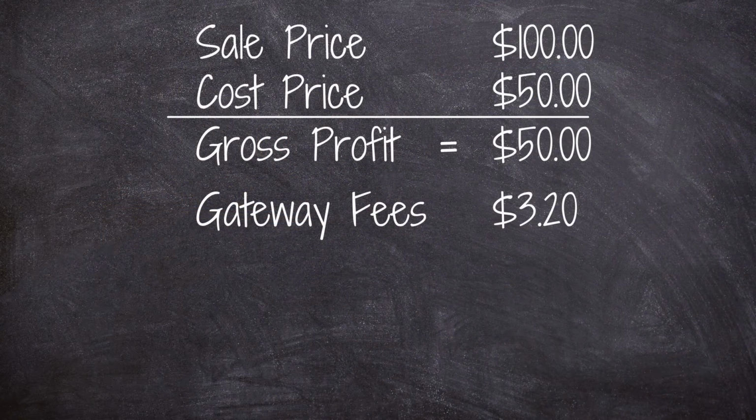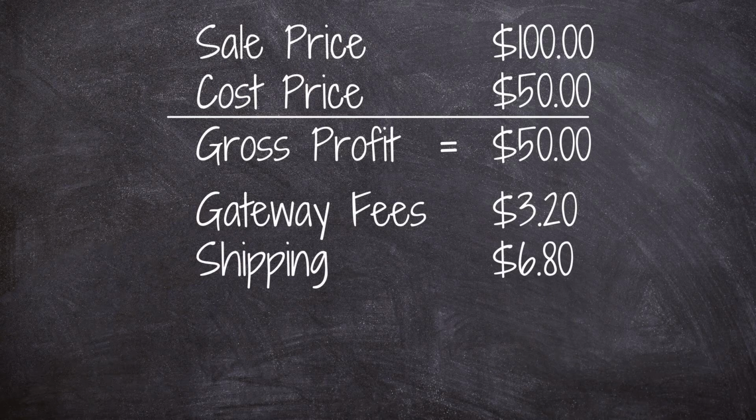Now, going back to the example that we're using in this video, we're going to say that it cost me a total of $5 to actually ship the product, and packaging costs cost me $1.80. So that comes to $6.80 for total shipping. And the final expense you're going to incur is the actual cost of